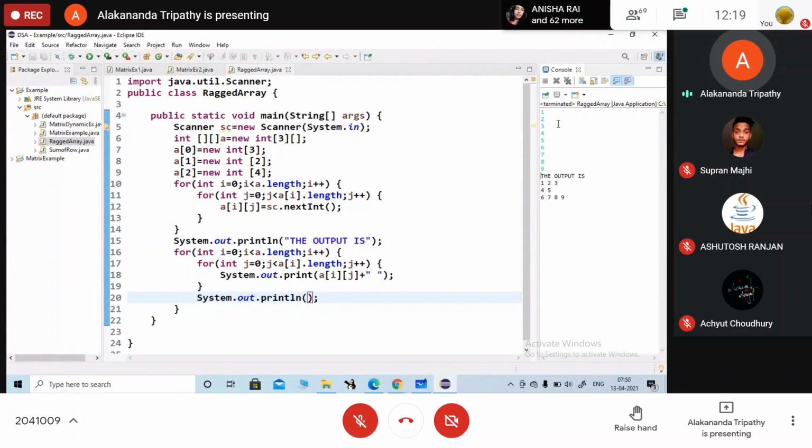Look, the output has come. Are you getting different rows with different column values? Yes, ma'am. Okay, so note down this part. We will move to the next section.